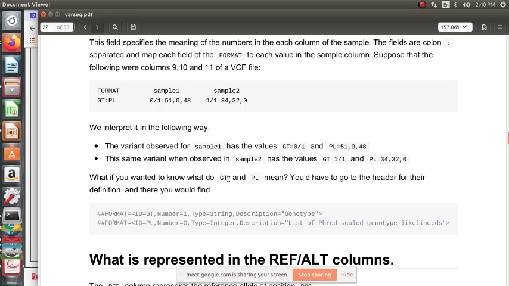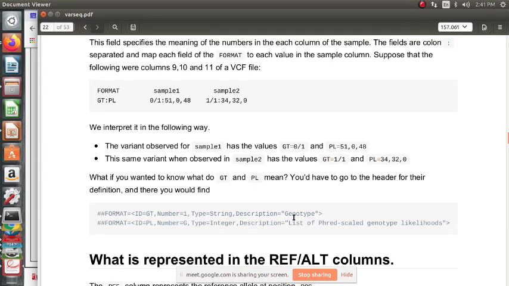So what if you wanted to know what GT and PL mean? We have to go back to the header section, because these are all record sections. So we have to go to the header section to find out what the individual abbreviations mean. So GT: Number equals 1, Type equals String, Description: Genotype.